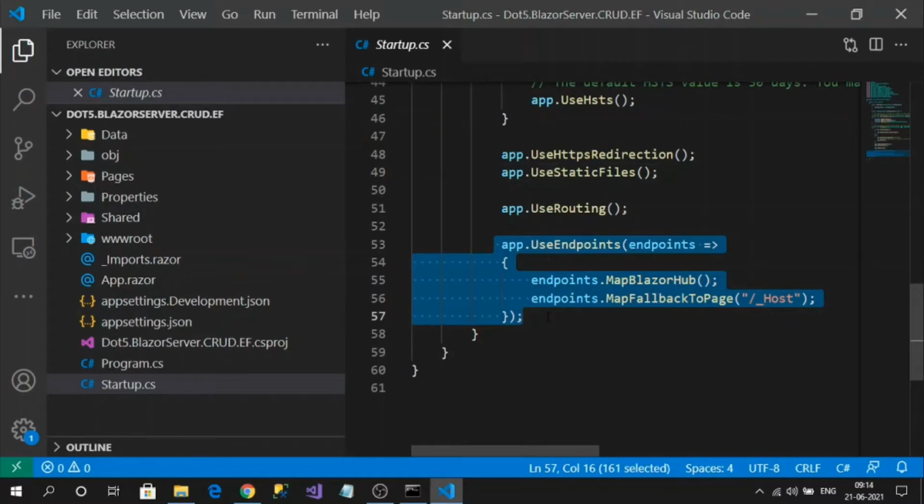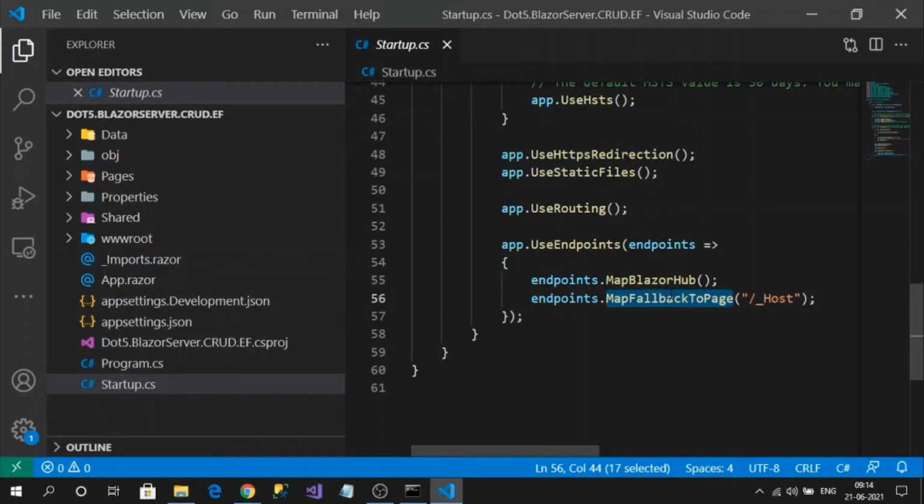Here there are two kinds of endpoints registered. One is MapBlazorHub, which is for SignalR communication. This establishes the channel for SignalR communication. Here you can observe there is no Blazor routing.